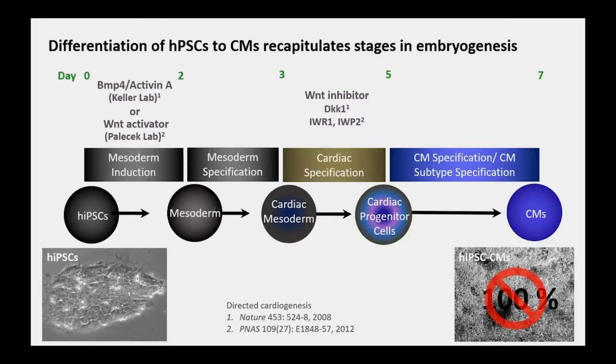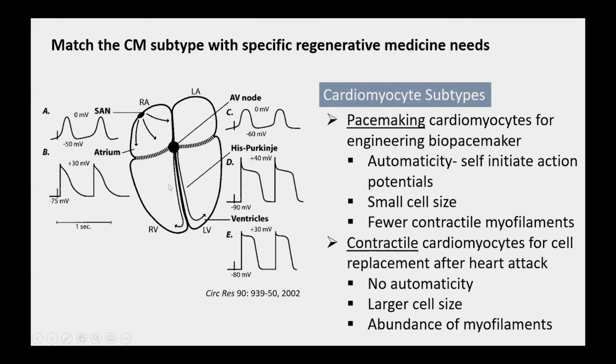You get other cell types such as endothelial cells and fibroblasts, and on top of that, not all cardiomyocytes are the same. You can largely categorize cardiomyocytes by their functions into pacemaking and contractile subtypes. The pacemaking cells are there to generate action potentials, or to set the heart rhythm. So for applications such as engineering a biopacemaker, you would need these cells to be able to self-generate action